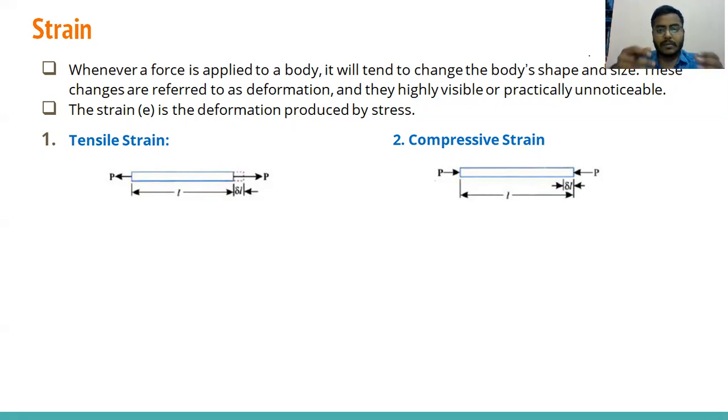For rubber you can see it: the length is this much, you apply a pulling force, and the length is this much, so you can see the deformation. But in the case of a solid one like this plane, I'm applying a pulling force, but I cannot see whether there is deformation or not, because the deformation is very small. Suppose we are working on a roof. The roof also gets some deformation, but we cannot see it. We cannot judge how much the deformation is, but deformation is there.